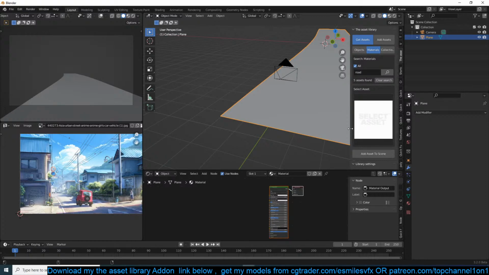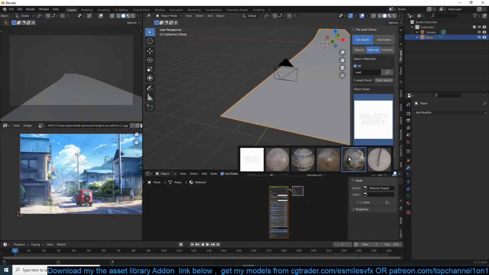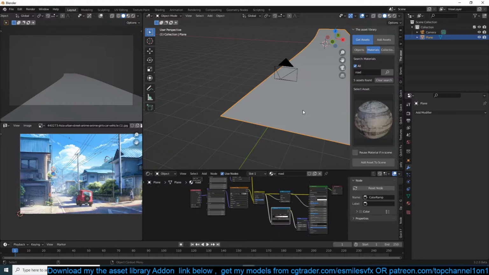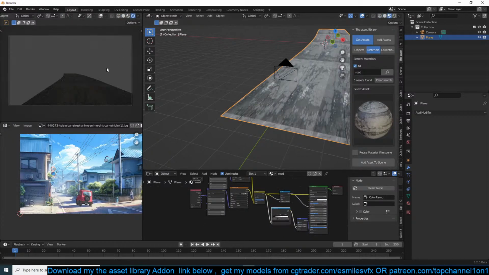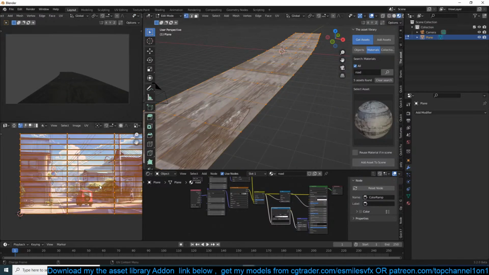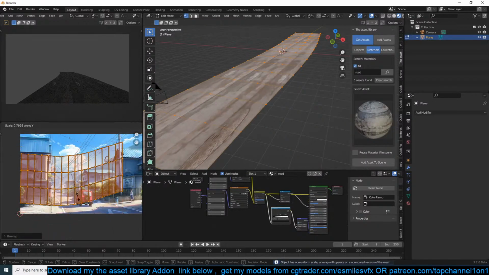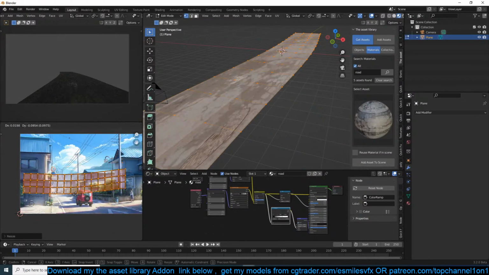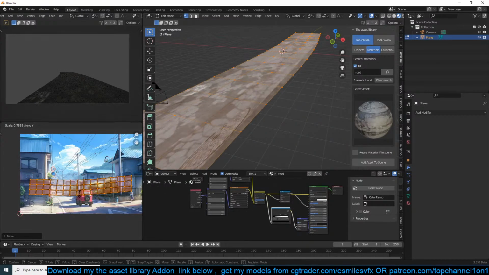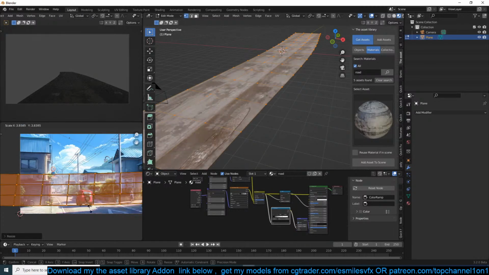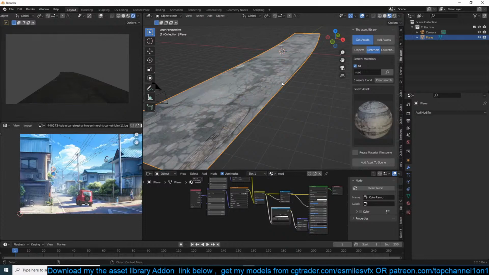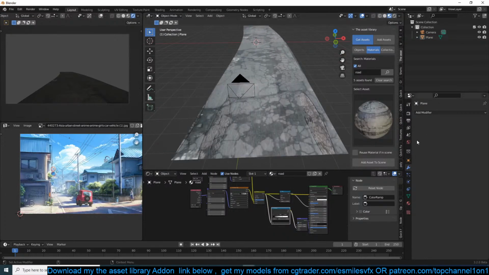Freestyle, but main thing is Blender composition tool. True. Let me unwrap this. I guess I need to scale. Okay, that's going to be our road. Let's add